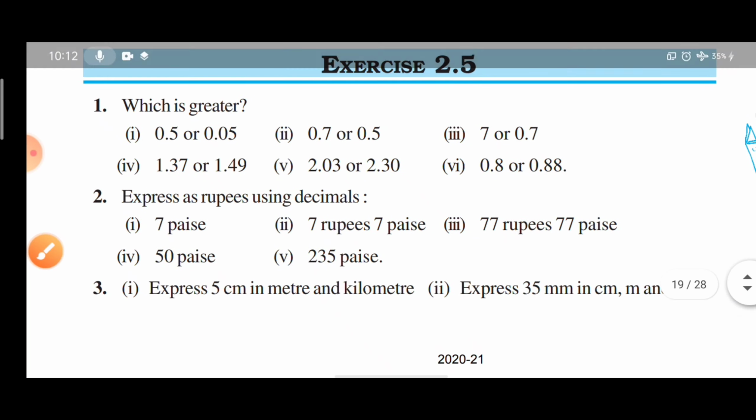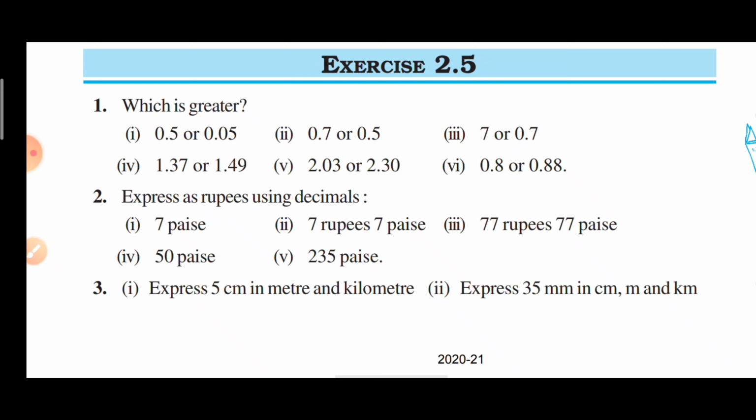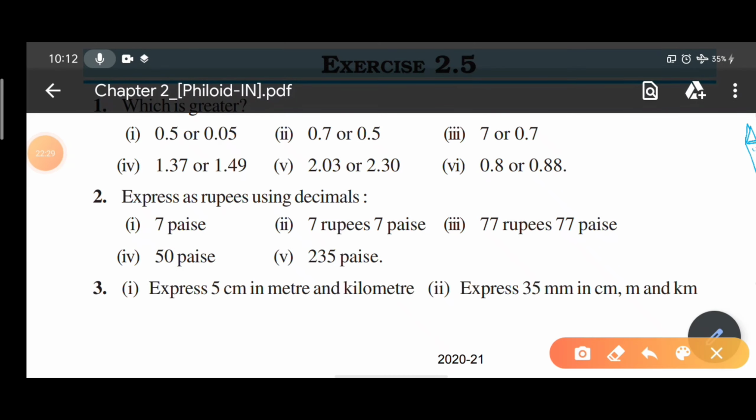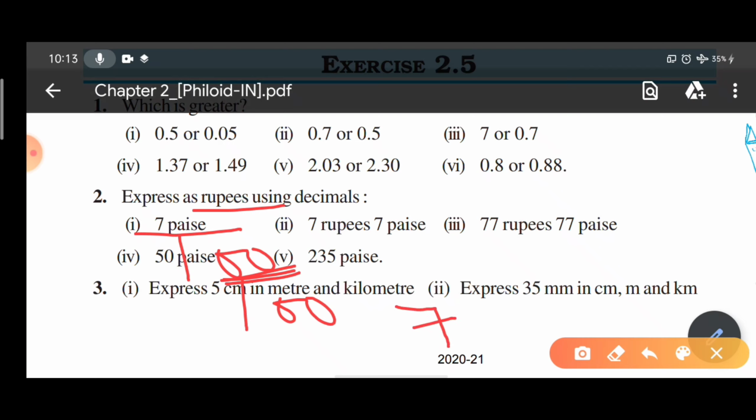Now next it is written, express rupees using decimals. Whenever a question like this arises, I have to check for converting paise into rupees. 1 rupee contains 100 paise. So for converting paise into rupees, I have to simply divide by 100. That is 2 zeros, which means if I convert into decimal, I'll have the decimal point after 2 places. Here one digit is 7 itself. Now no second digit is available, so I'll write 0 over here and then apply the decimal point.